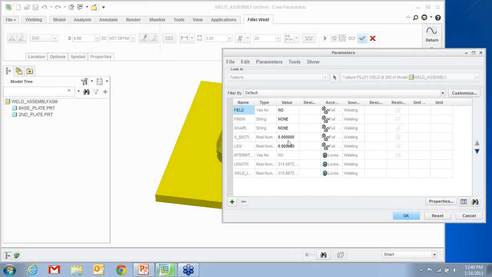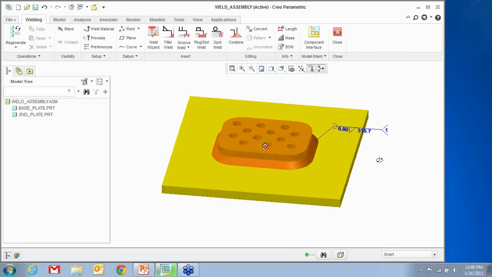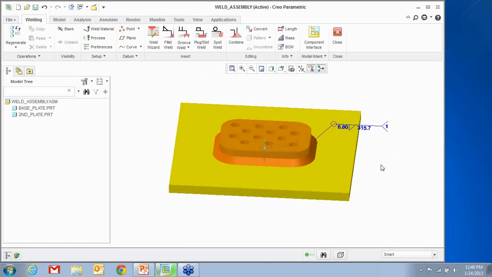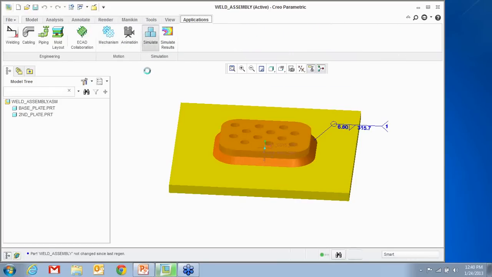Here are all your properties, you can define them. Parameters, if you want to call out at different places, you can do that. It's a very easy way to create your welds and create these symbols that can be shown in your drawings and can be controlled from a 3D part of it. Now, if you create this weld, when you get into simulate,